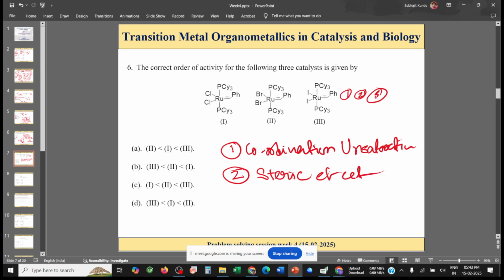Now you can see that in all of these molecules the steric effect comes from the bound